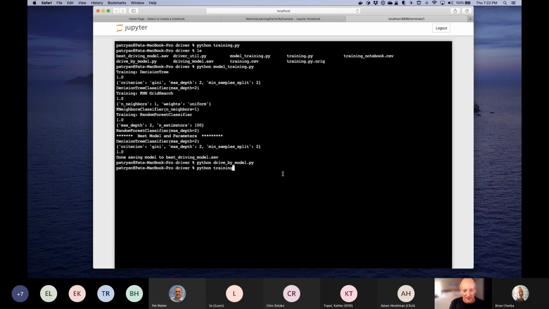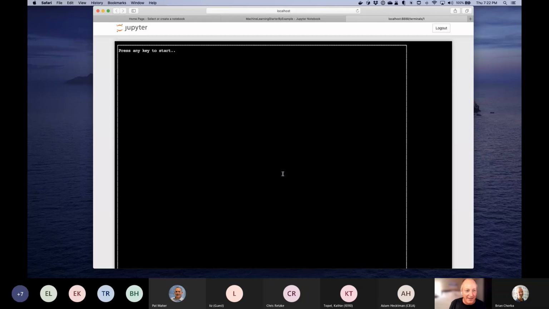Now let me do the same thing. This time I'm going to actually train it. So I am going to be using my cursor keys, and I have good days and bad days when I drive this thing. So let's see what happens. All right, so now you can see as I'm driving on the road, yeah, I hit the shoulder.